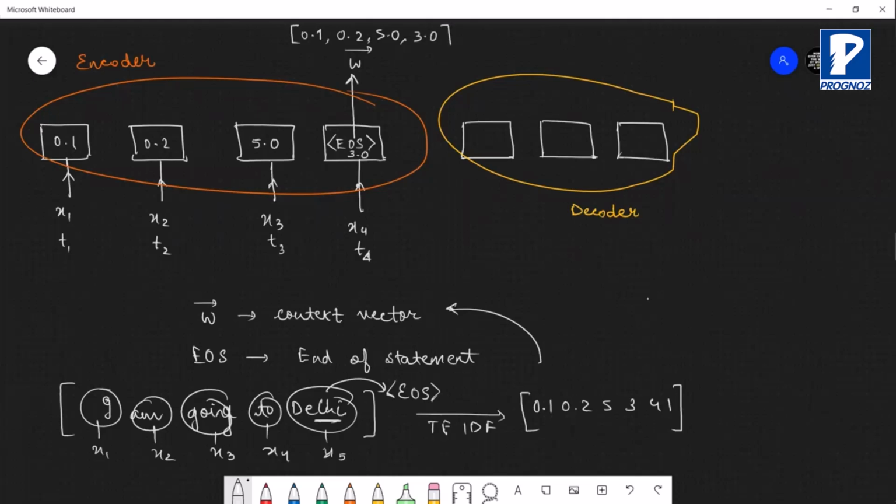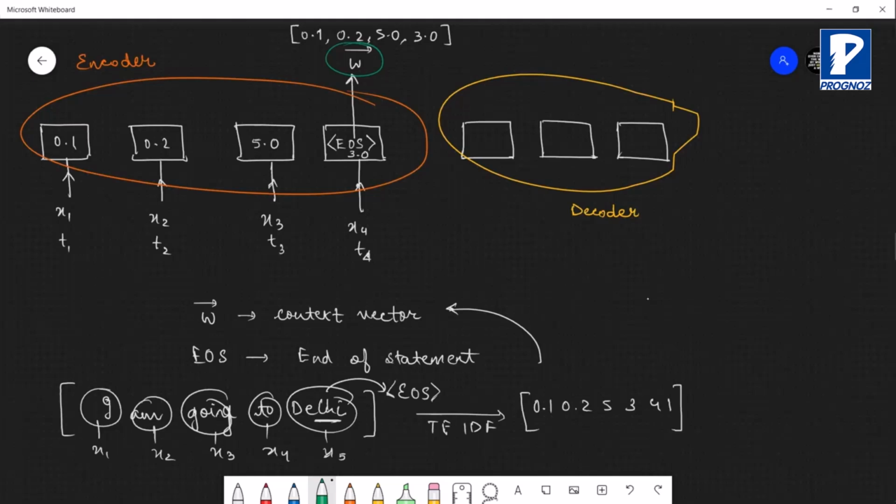This is simply a context vector. The numerical representations are, you can say, amalgamated together. They are all combined together here and stored inside the W vector. Fine. Now comes the interesting part. Once you have the W vector as the output of your EOS in case of the encoder, the next step